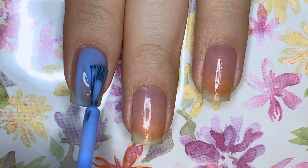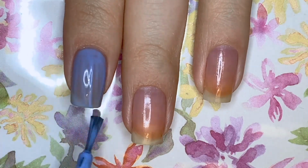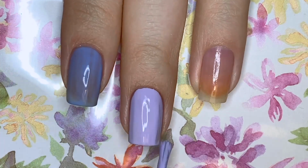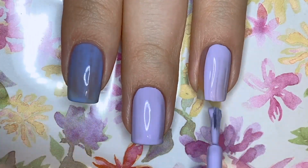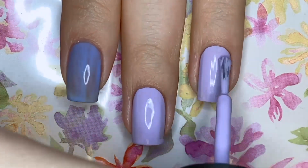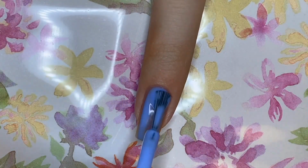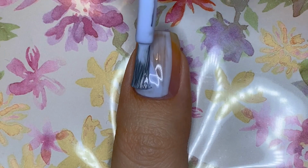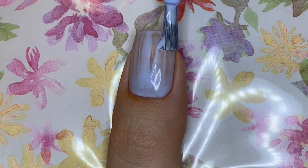First, I applied base coat and then painted my index and pinky fingernails a medium cornflower blue, my middle and ring fingernails a light purple, and my thumbnail a light periwinkle. For Jin's birthday, I decided to go with purples because that's just a color palette that I don't use too often, and I also felt that it really matched with the dreamy concept that I was going for with RJ